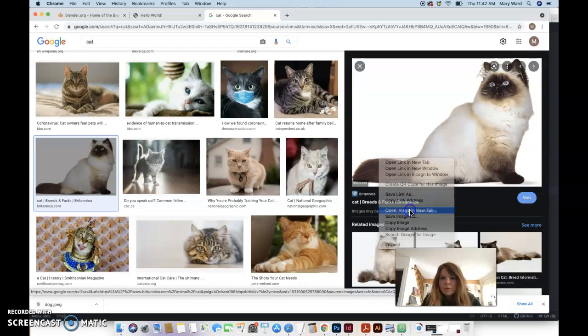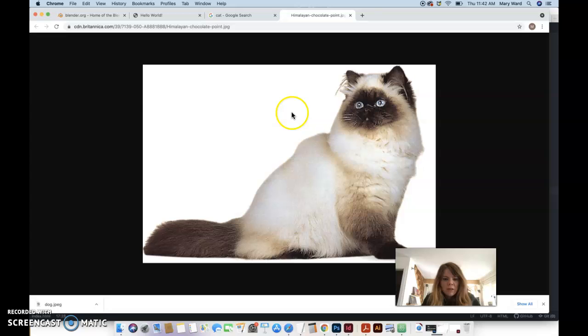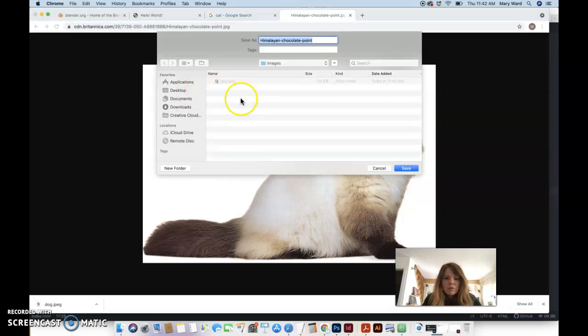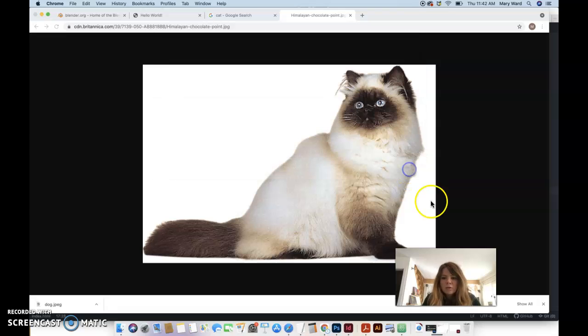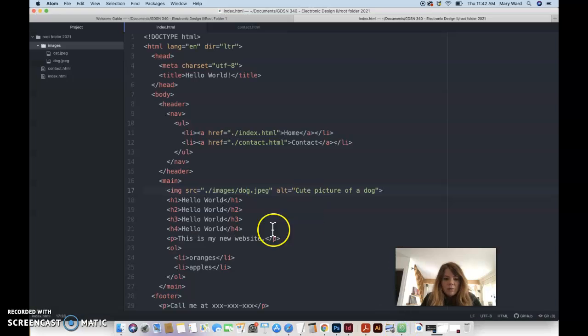Control click, open image in new tab, control click, and then we'll just do save image as, and then cat, and save that into our images folder within our root folder. Go to Atom. So let's go ahead and